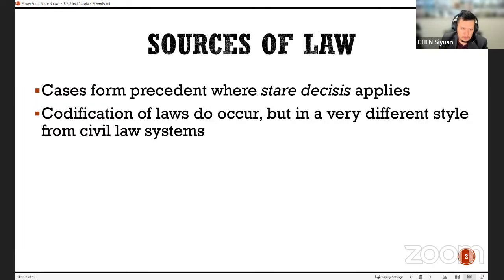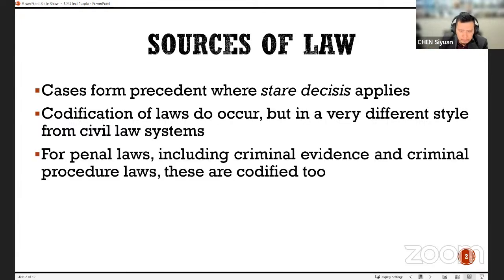I'm not an expert in civil law systems, but having looked at a few civil law codes, the way common law systems codify their laws are a little different. My understanding is that in civil law systems, you could have rules that are expressed in fairly general terms, right? But in common law systems, especially when it comes to criminal procedure, the rules are quite detailed, right? They try to imagine as many situations as possible, and they try to write it out in a code.